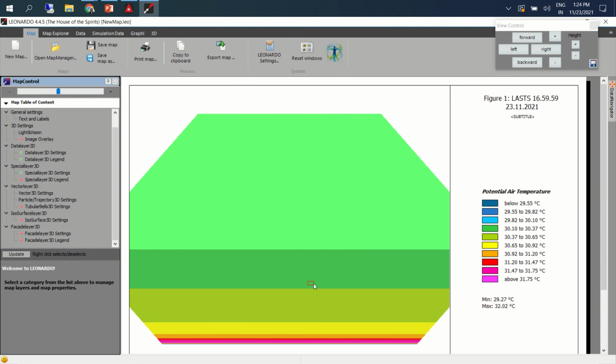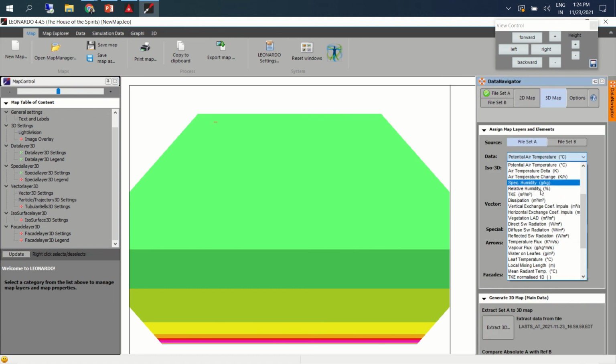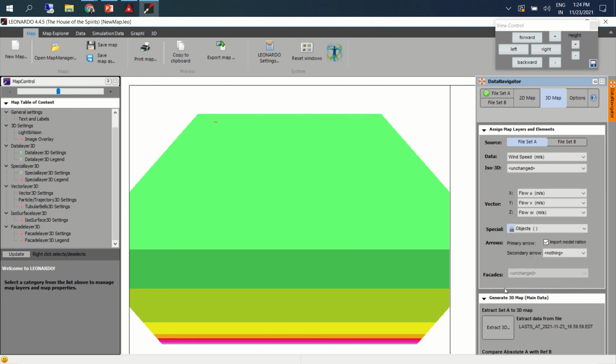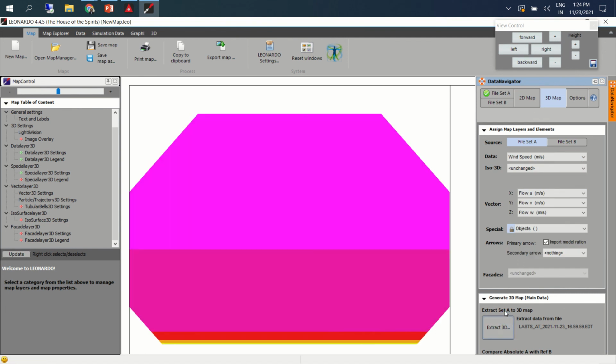This is on temperature, that's why we're not able to visualize anything here. Maybe I can try wind speed.